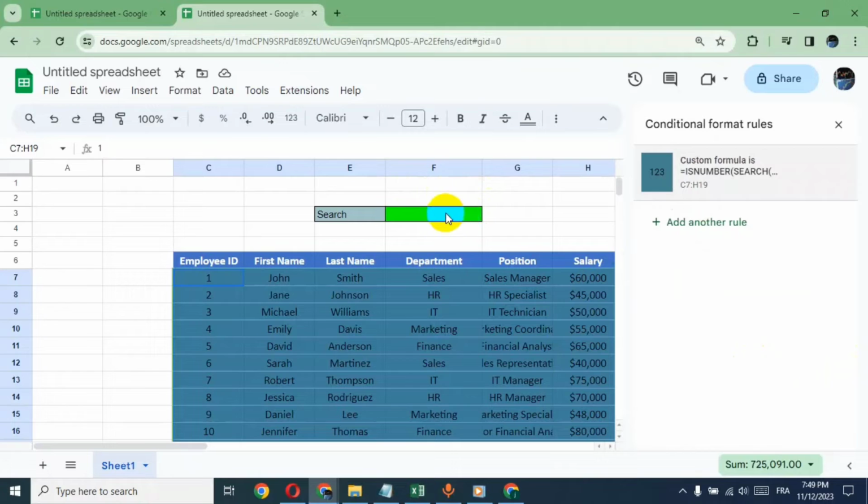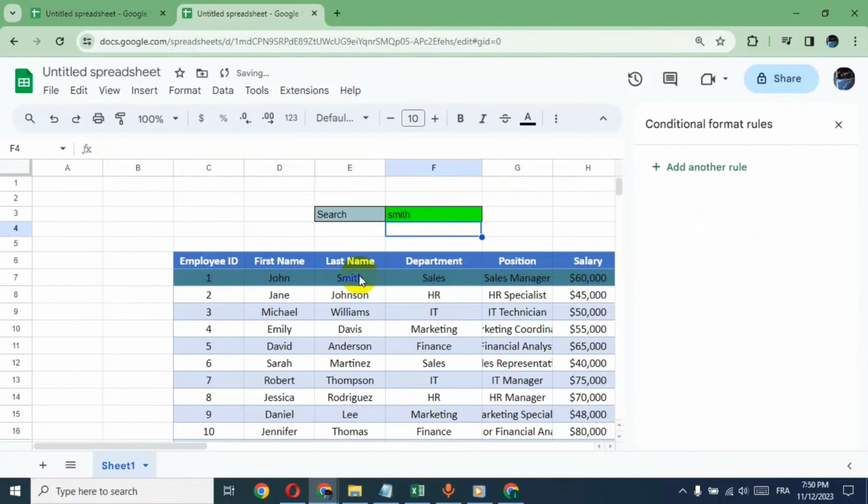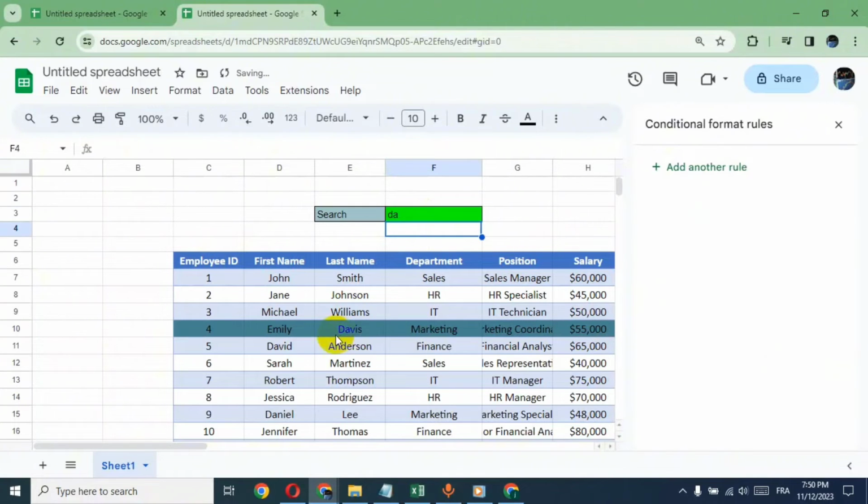So let's test our application. Type anything here, for example Smith. As you can see, David, enter, Davis,